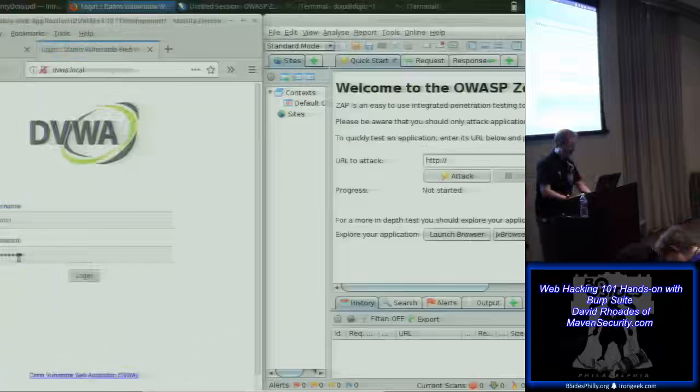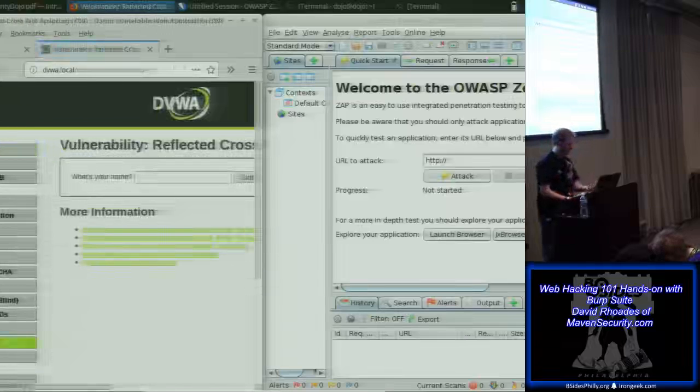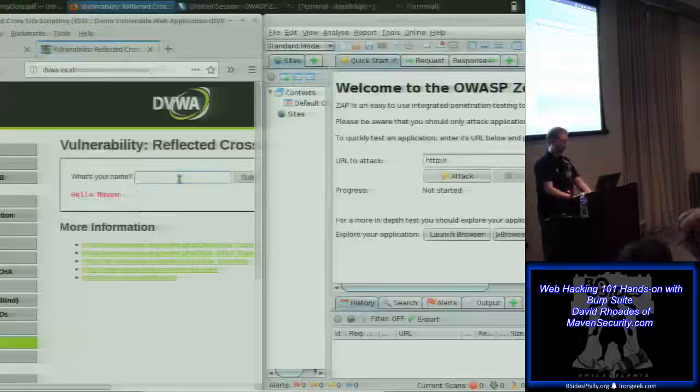I'm going to log into this, and this is one of those more educational ones where it's obvious what vulnerability you're going to find. You're going to find reflected cross-site scripting right here. My name is Maven, and it repeats it, so you say, oh, I bet I could put in a piece of script, and